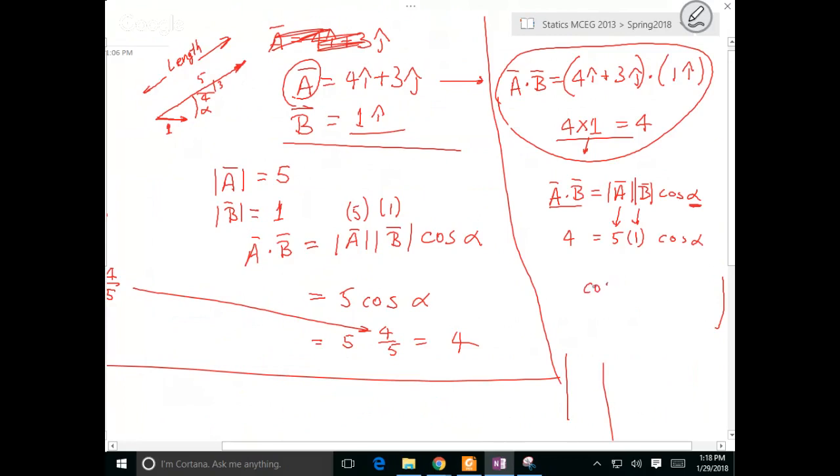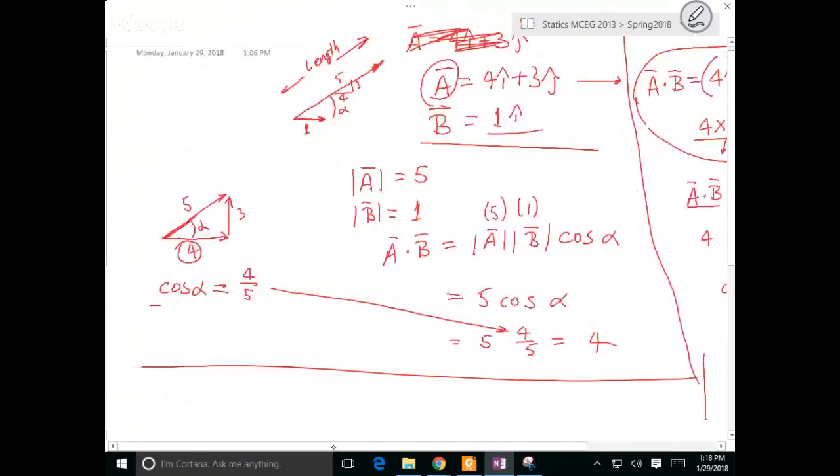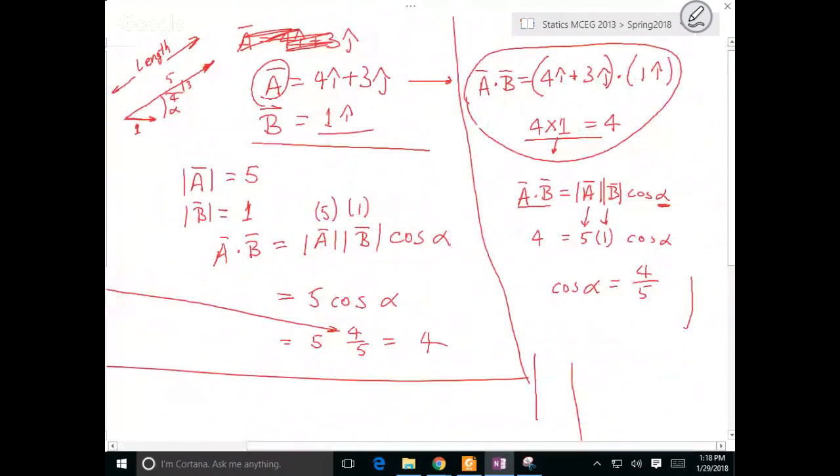So cosine alpha is equal to 4/5. Well, you knew that before, because we talked about that a few seconds ago, but this is a general form. So I can take the inverse cosine of 4/5 and get it. Okay, so when would that be even more interesting,